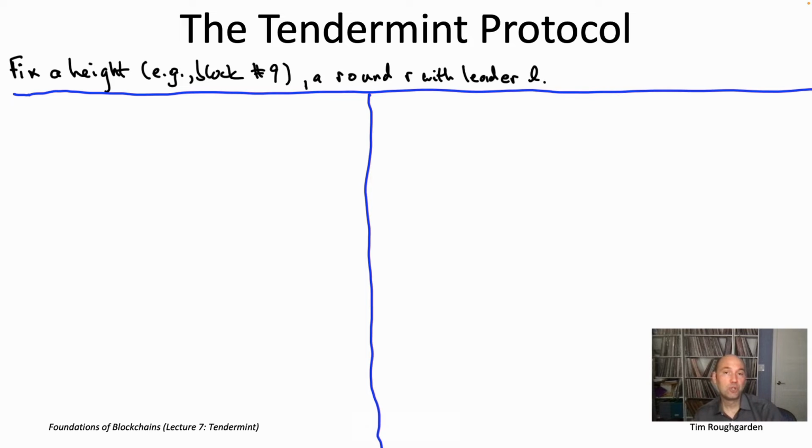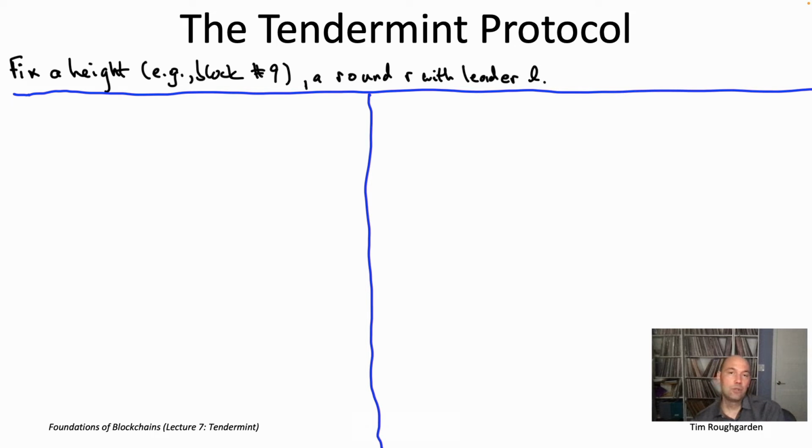Remember that we have this global shared clock. Rounds, as we'll see, just have a fixed length of 4 times capital delta. So everybody knows the current time, therefore they know the current round, therefore they know the current leader, without needing to communicate amongst themselves. As mentioned, each round of the Tendermint protocol is going to have length 4 delta time steps, where again capital delta is the parameter in the partially synchronous model, the maximum message delay following global stabilization time. So the round will have length 4 delta.